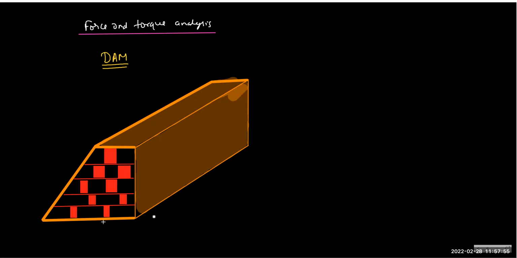This is the cross-sectional view. You can see this is the full view, and in the examination you will be given only the side view, not the full view. So imagine we have a